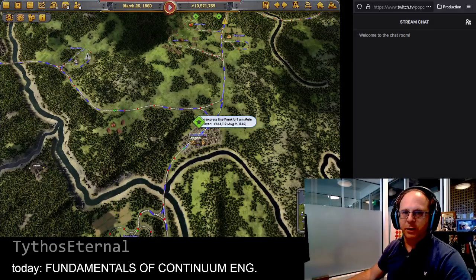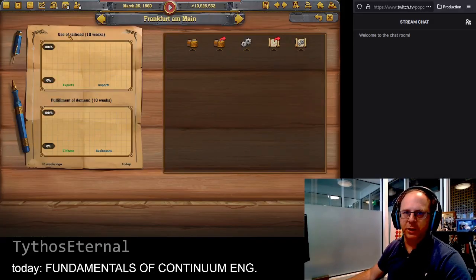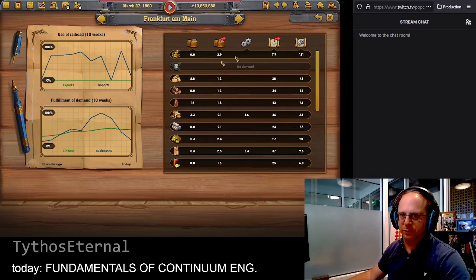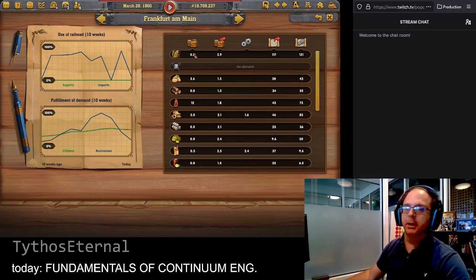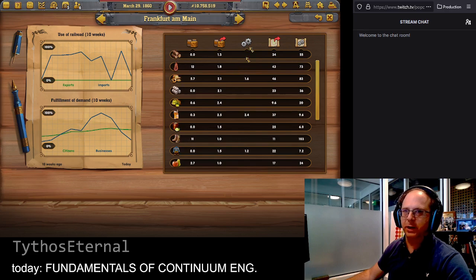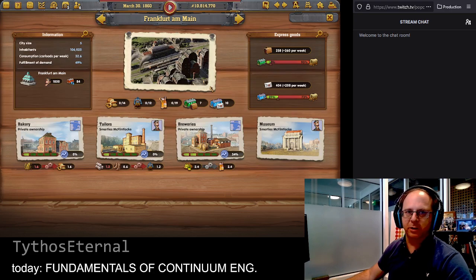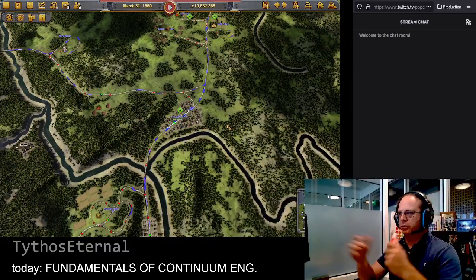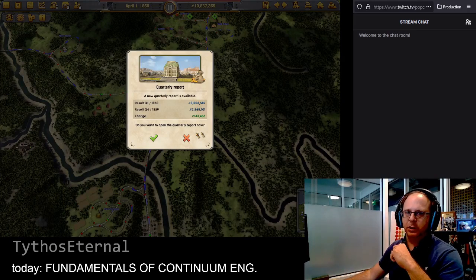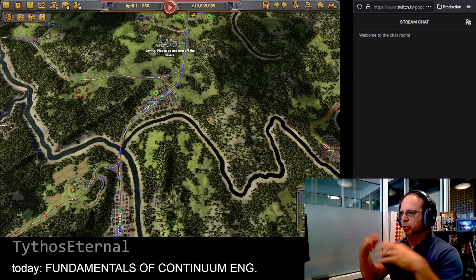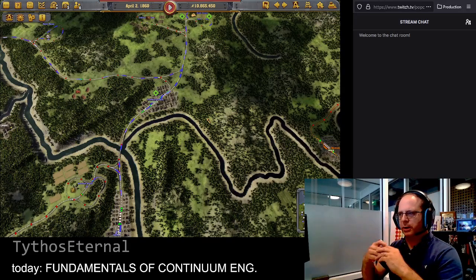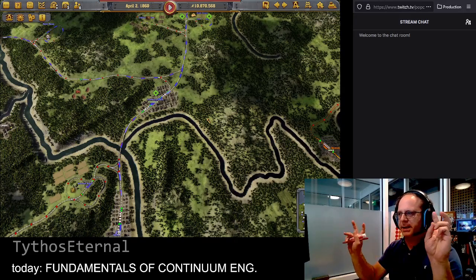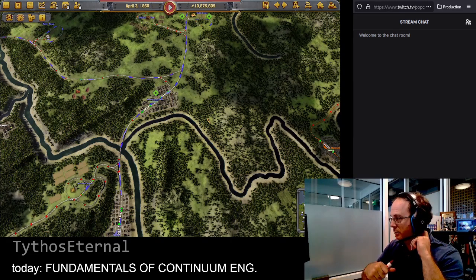So if you look at the details of a particular city, you will see a couple of interesting values. This is how much of that resource is in stock. This is how much is being generated, like what the differential is, how much is being manufactured, etc. As the requirements for different goods are met or not met over time, the city will grow or contract. I think 60% is the magic number. If 60% of the demands for that given city are met at any given point in time, then the city